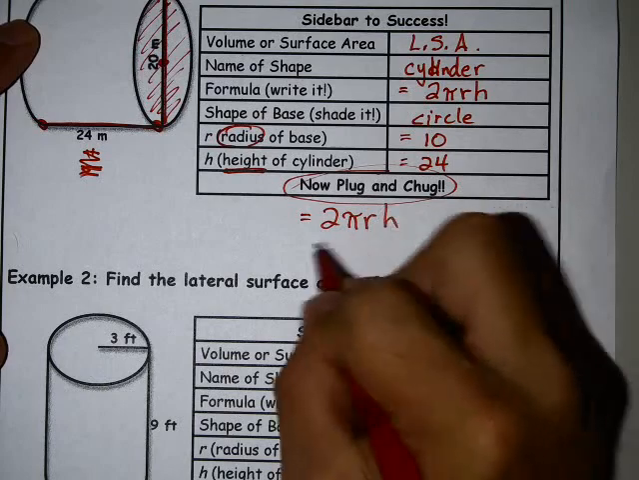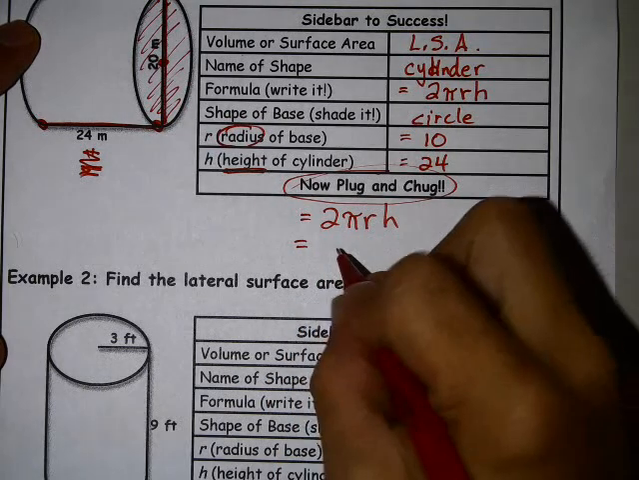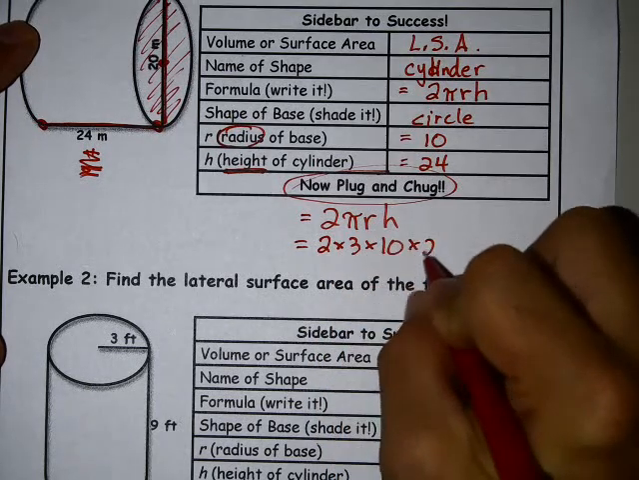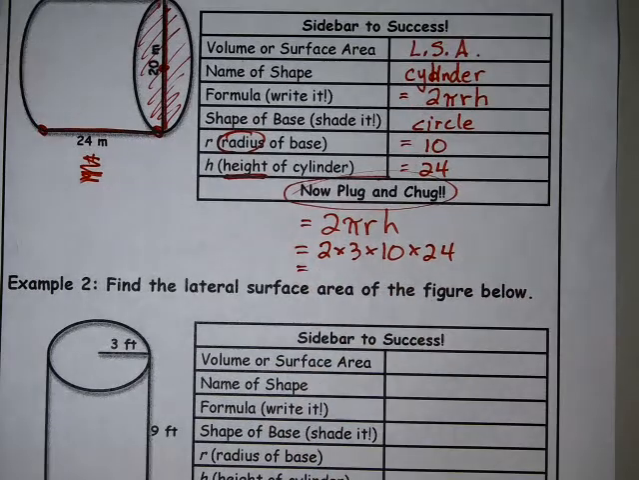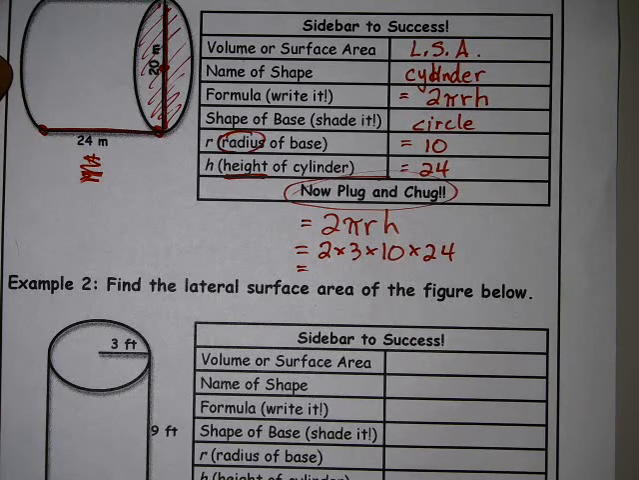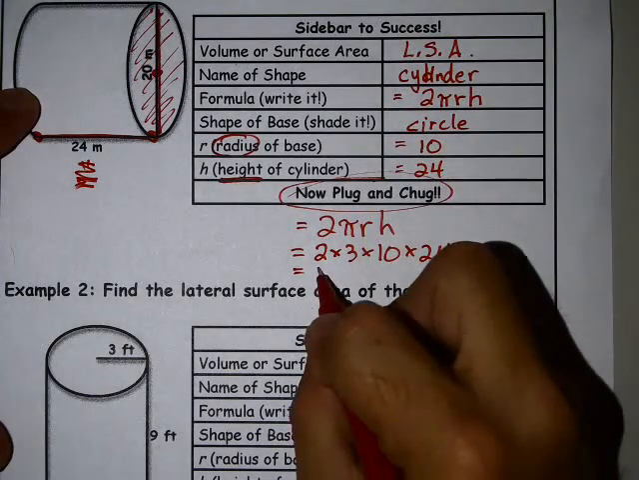So 2 pi radius height. For the notes, we are going to use 3 for pi just to make it easier. So 2 times 3 times 10 times 24. Now, though this might involve a little bit of math, it's just multiplying. You shouldn't have much of a problem with it. So 2 times 3, you can do is 6 times 10 is 60, and 60 times 24 gets you a final answer of